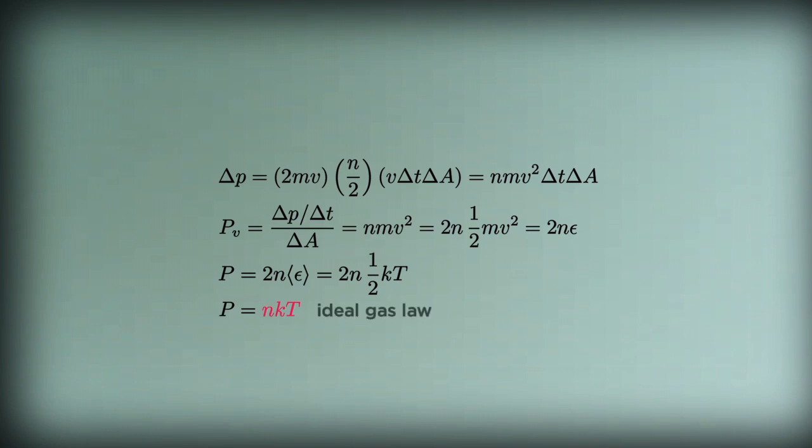We just derived the ideal gas law. Pressure is proportional to number density and temperature. We did it for a one-dimensional gas, but in 3D you end up getting the same equation. Now, those of you coming from a background in chemistry might be used to seeing this equation as P equals nRT. It's the same thing. The R is just k, but in chemists' units. They like to count particles in units of moles, but physicists just tend to count the particles individually.